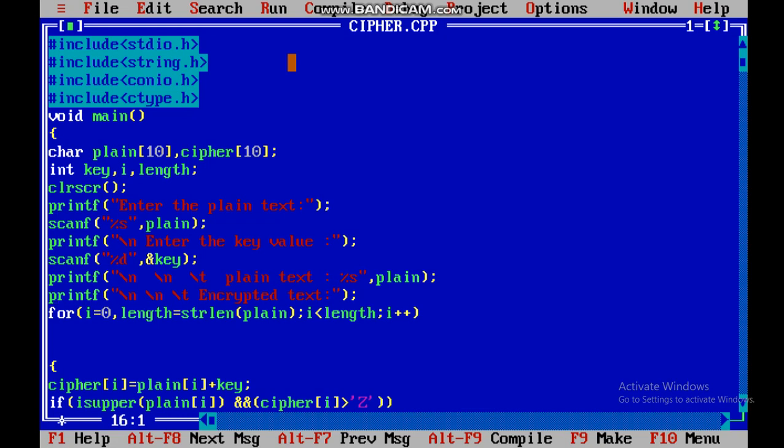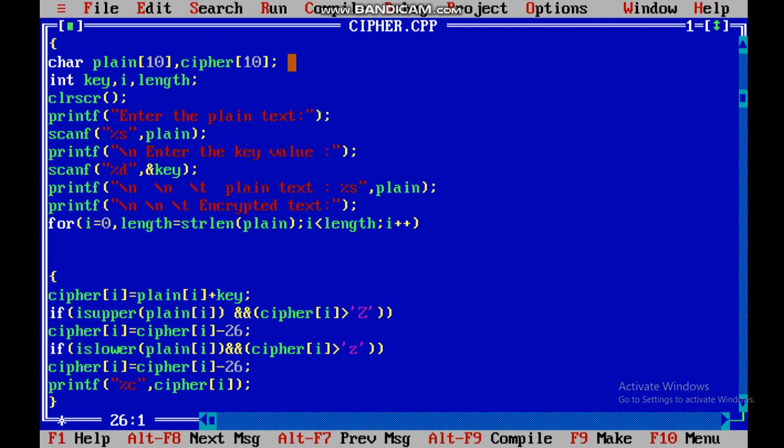So next we use a for loop. The for loop i is initialized with 0, and runs up to the length of the plain text, where the strlen function is used to find the length of the string. Next, cipher of i is plain of i plus key.